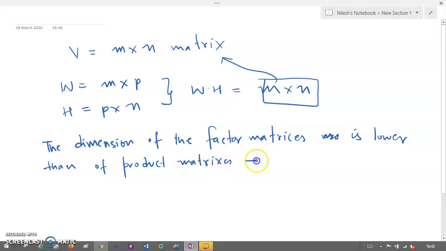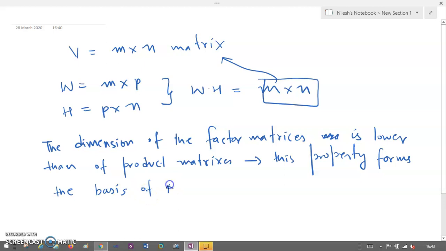Okay, and this property forms the basis of NMF. Okay, so this you have to remember, and after writing this, please elaborate all these things in one line